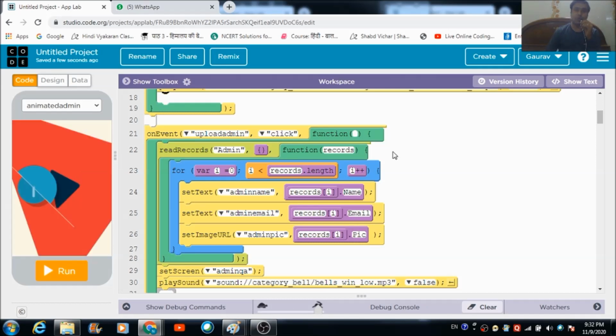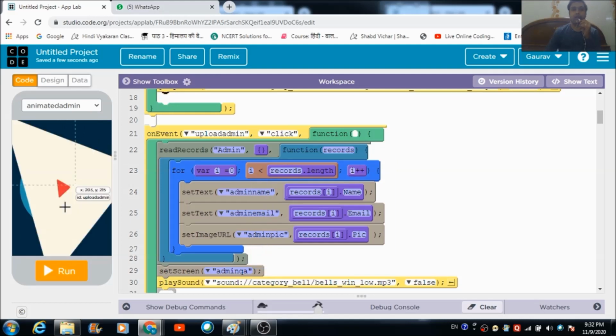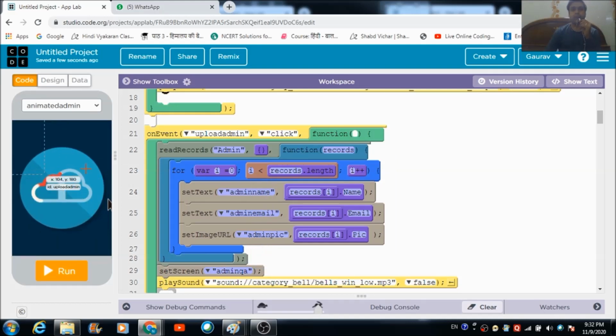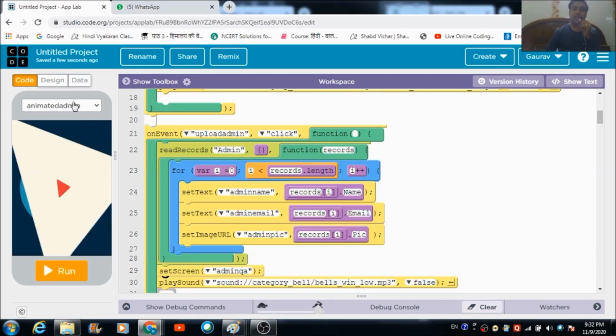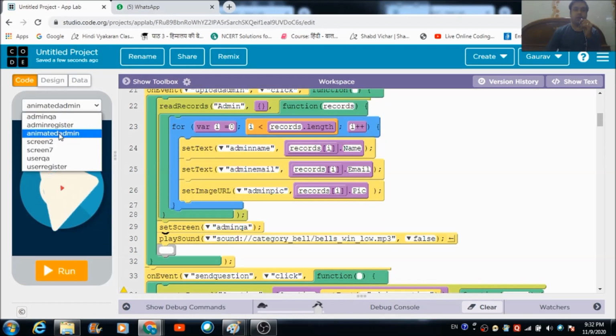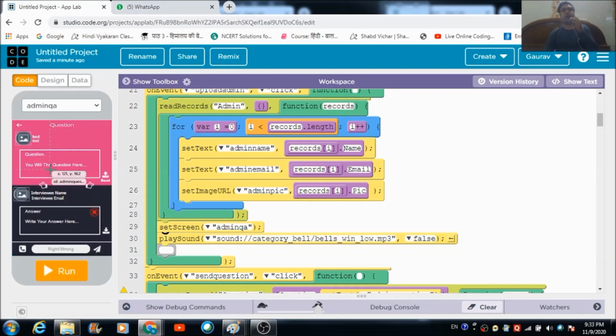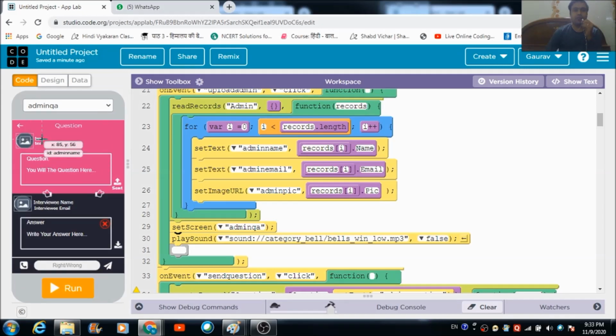So this is the code which is going to get executed when the user hits this image button. The records are going to get fetched from the table admin which was created on the data browser, and all the information is going to get passed on to this admin QA screen for these components which you are seeing over here.